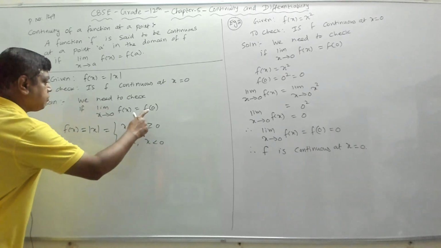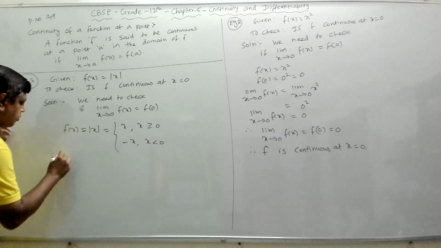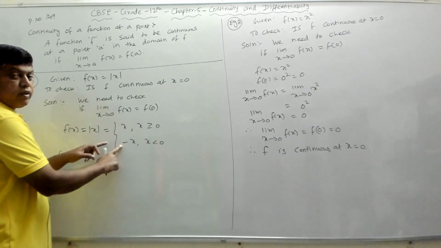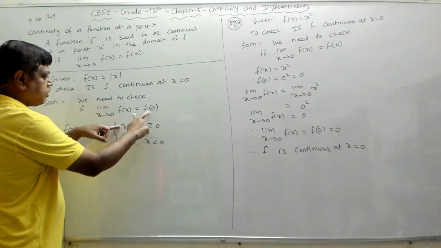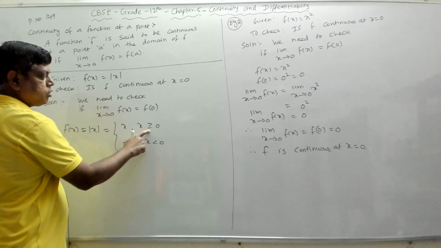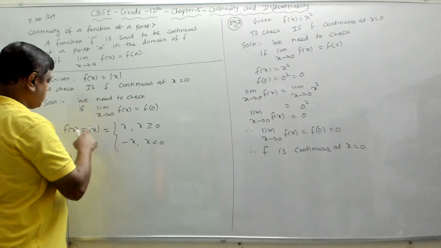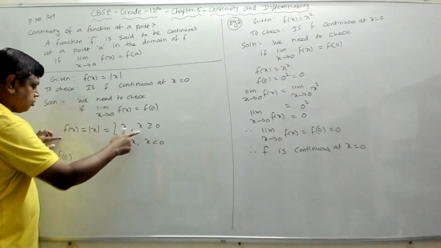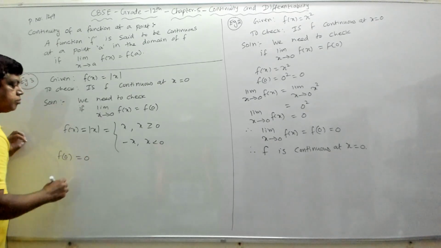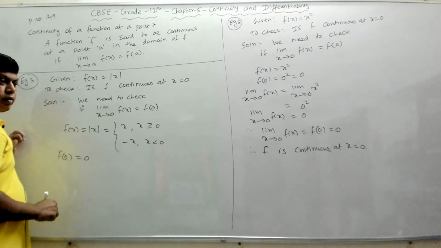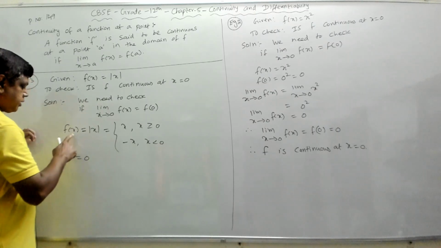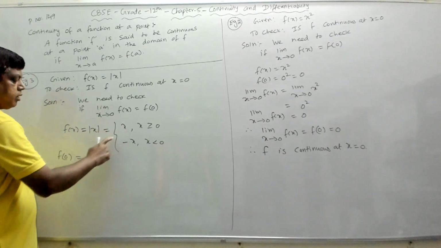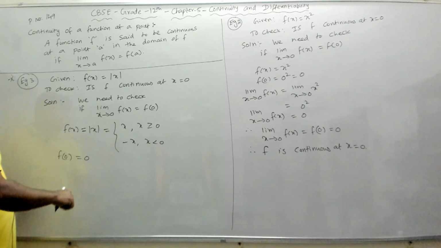Now let's find what is f of 0 first. What is f of 0 as per this definition? We'll go to this definition. We will not refer to this. As per this, for f of 0, x is equal to 0, so equal to 0 also we have to use this function, which is f of x is x. My f of x is x when x is 0. So my f of 0 will be equal to 0. Right? I have to use this function, and x is what? x is 0. So I have to put 0 here. So my f of 0 is 0.